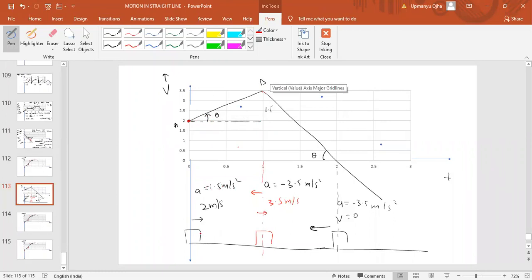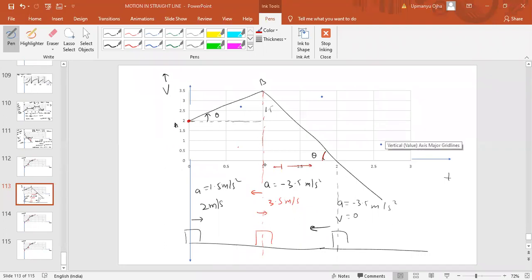Now the particle moves in the right hand side. Now when it reaches point B, it starts decelerating. How can we say it is decelerating? Because the slope is negative now. Theta is negative. If theta is negative, then the particle will decelerate. Now what is the value of deceleration? We can find it by using this triangle. If you look at this triangle here, this length is how much? 3.5. This length is how much? 2 minus 1, which is 1. Correct now. So what is the value of tan theta here? That is equal to minus 3.5 by 1, which is minus 3.5 meter per second square. Okay. So this is the deceleration.